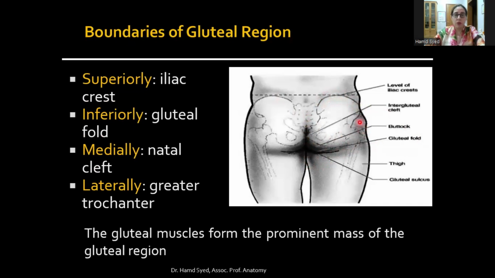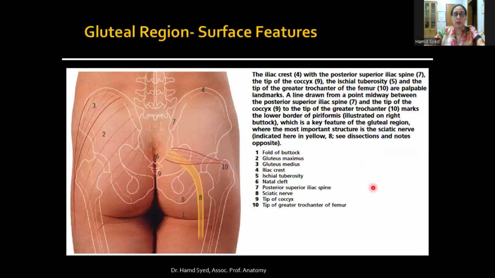The gluteal muscles, remember, they form the prominent mass of the gluteal region. Now, let's look at the surface anatomy of the gluteal region. The important landmarks, those points which can be palpated, are over here. The iliac crest, which is labeled 4, with the posterior-superior iliac spine, which is labeled 7. Then the tip of the coccyx, which is labeled 9, lying deep within the natal cleft,